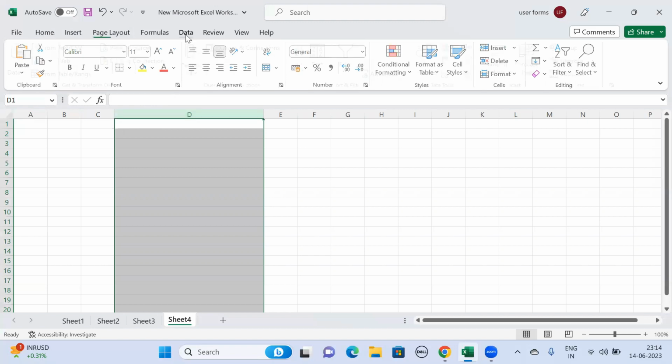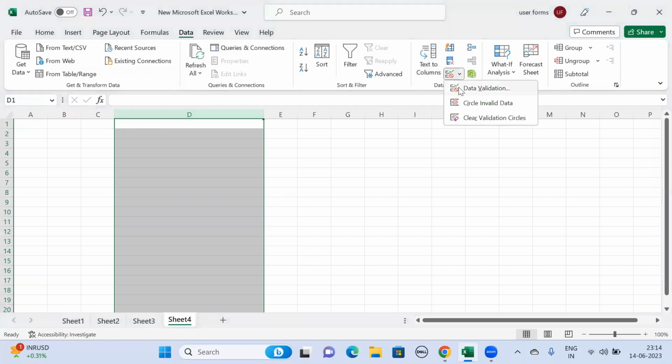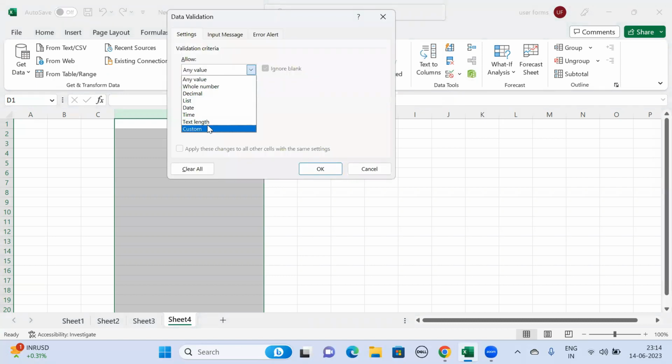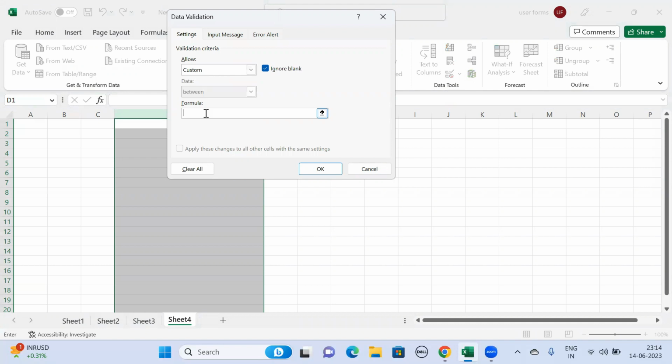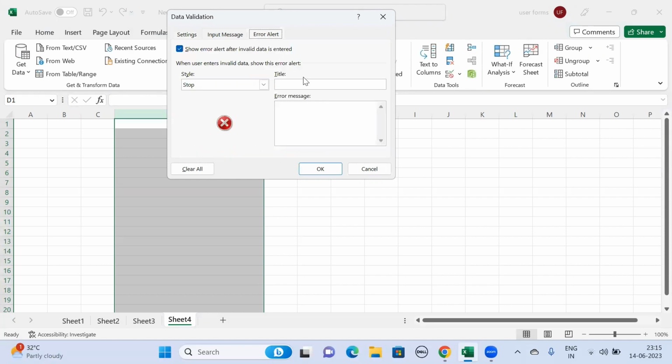We are taking, go to Data, select Data Validation, go to Custom and enter the formula as =ISERROR(FIND(LOWER(D1),D1))=FALSE. After this, we need to go to the Error Alert and then enter the title as